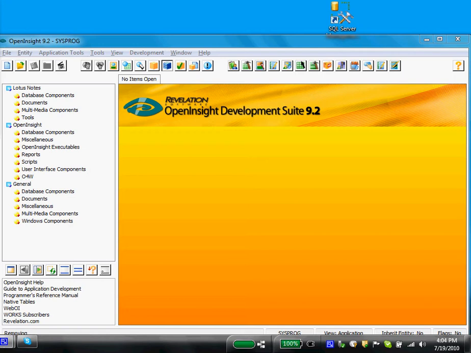Hi, this is Mike Ruane of Revelation Software, and today I'd like to talk to you about OpenInsight version 9.2's SQL connector technology. The idea behind the SQL connector technology is that we'd be able to use a development tool like OpenInsight to work with native SQL data as if it was the same data that OpenInsight developers have been